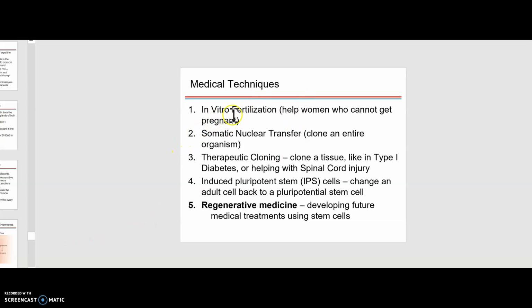What I'd like to discuss is in vitro fertilization, which helps women who cannot get pregnant, somatic nuclear transfer, where you can clone an entire organism, therapeutic cloning tissue to help with diabetes or so forth like that, induced pluripotential stem cells, and that changes an adult cell back to a pluripotential stem cell, and regenerative medicine I want to talk on. So let's just discuss that for a moment there, and we'll